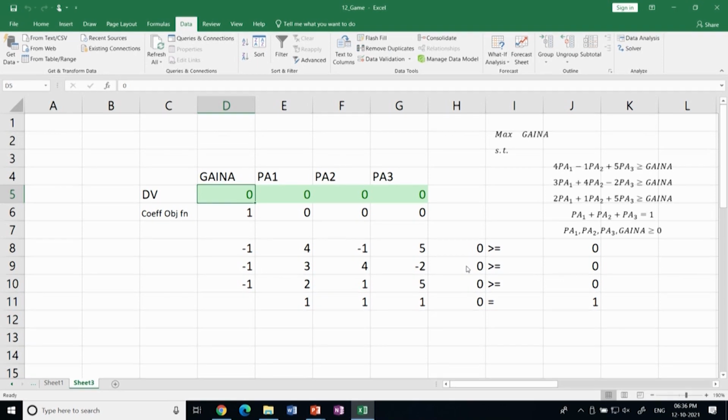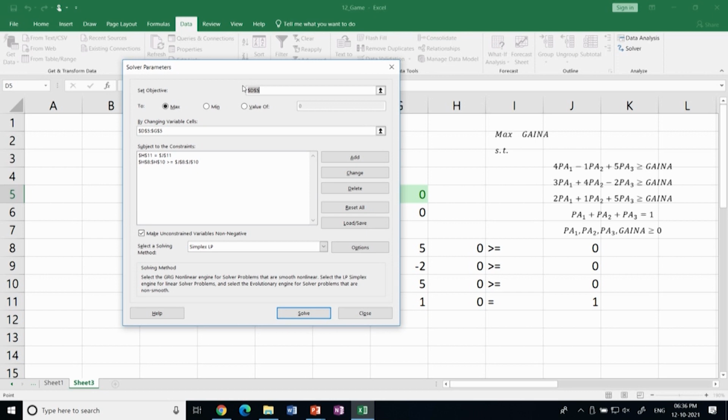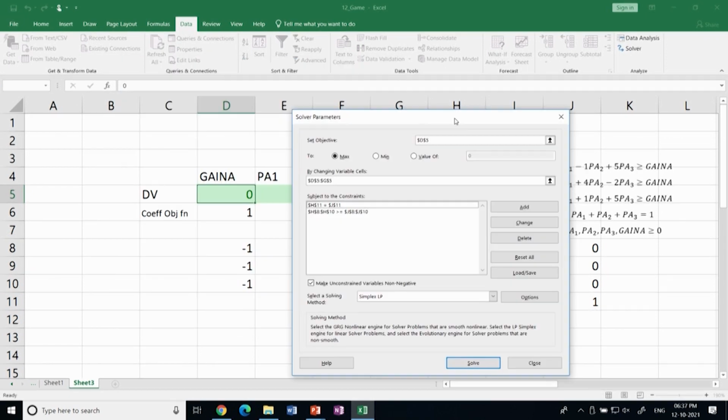Now, I am going to Solver. Look here, I did not write the objective function separately. The objective function is D5, so I did not write a separate cell for that, but I am going to select D5 as the objective, because that is what we want to maximize. Changing cells I have selected. There are two kinds of constraints: all the constraints are greater than or equal to, and one constraint that the sum of probability should be 1. So, when I solve it,